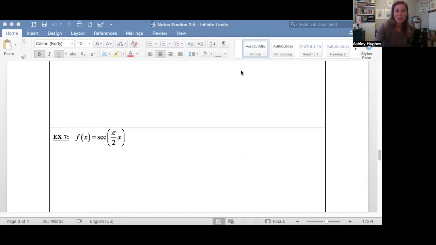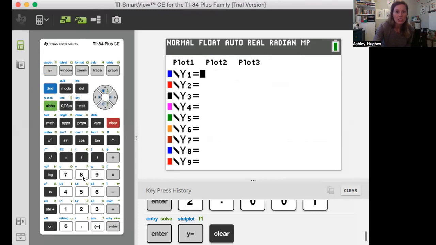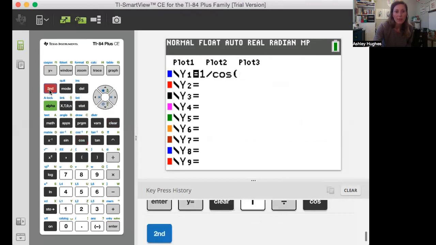Secant of pi over 2. I'm going to show you the calculator there, so let me pull that up, because I know those functions are hard to remember. So let's go y equals, clear. Secant is the reciprocal of cosine, so I'm going to do 1 divided by cosine of pi over,